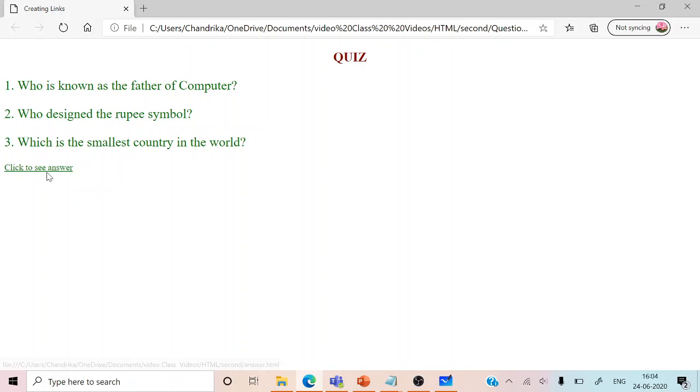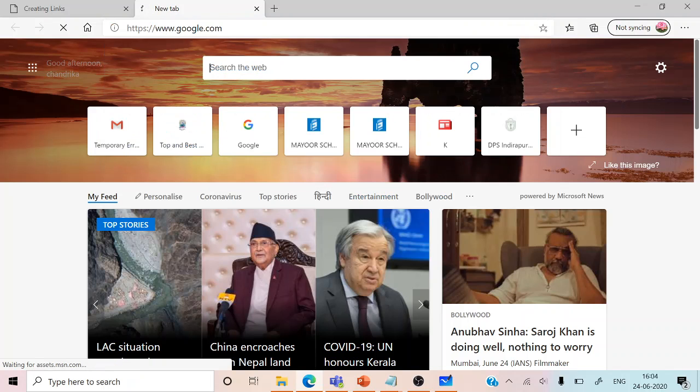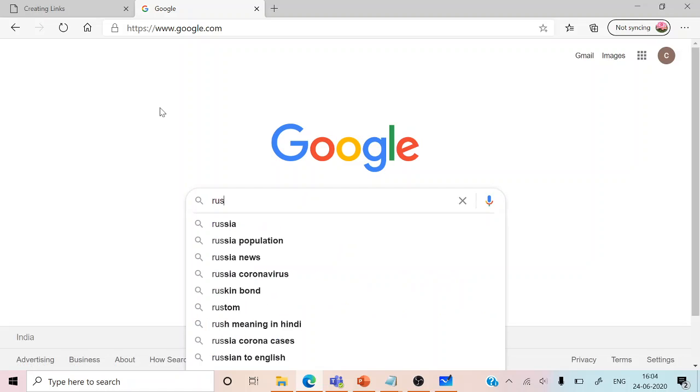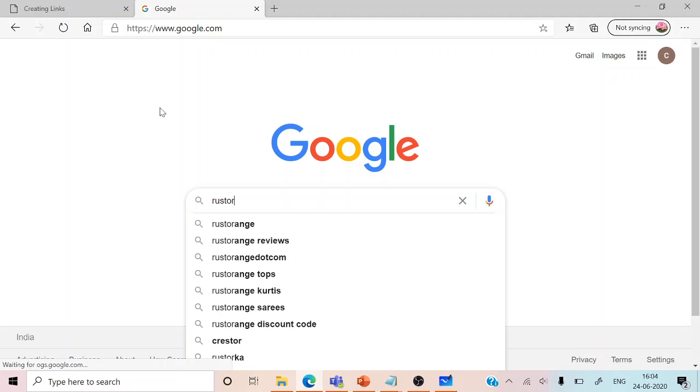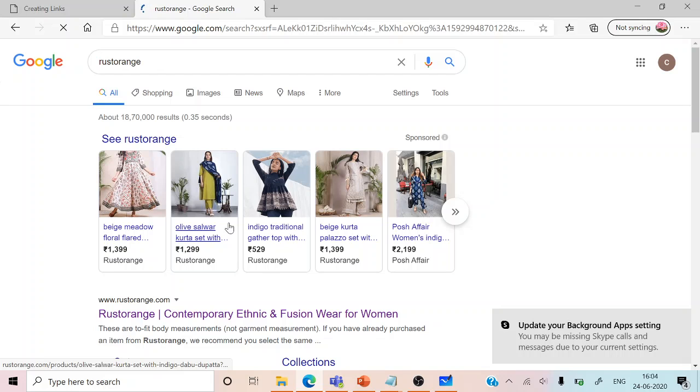But by default on our web page, we are seeing the blue color. So let's see a live web page, for example a Google page, where I can check out a website, say a commercial website. How does it look here?